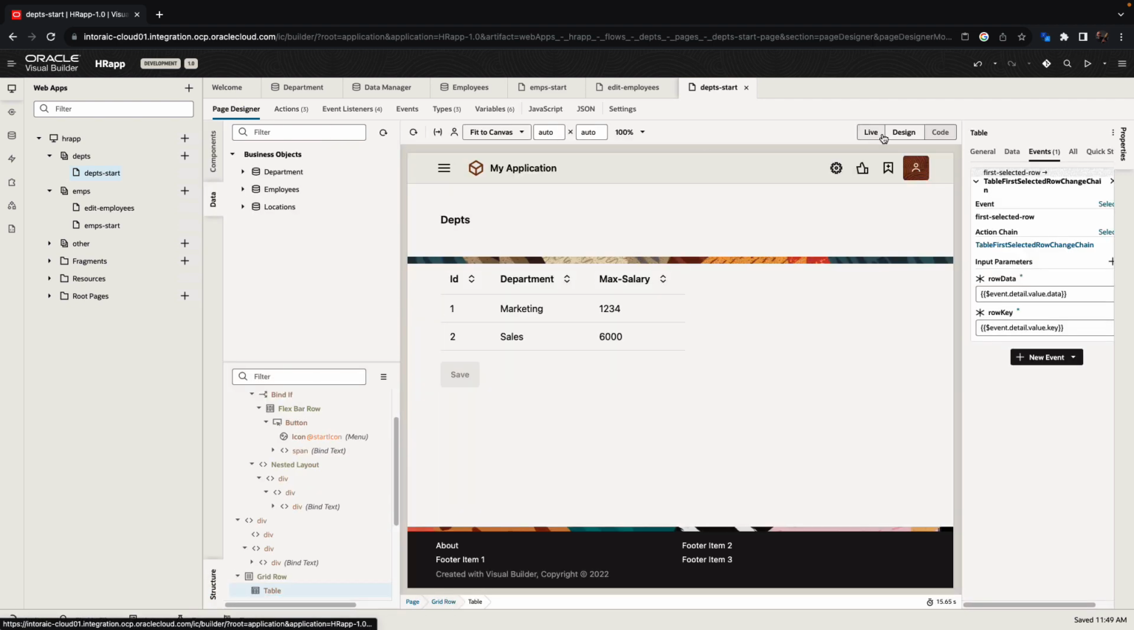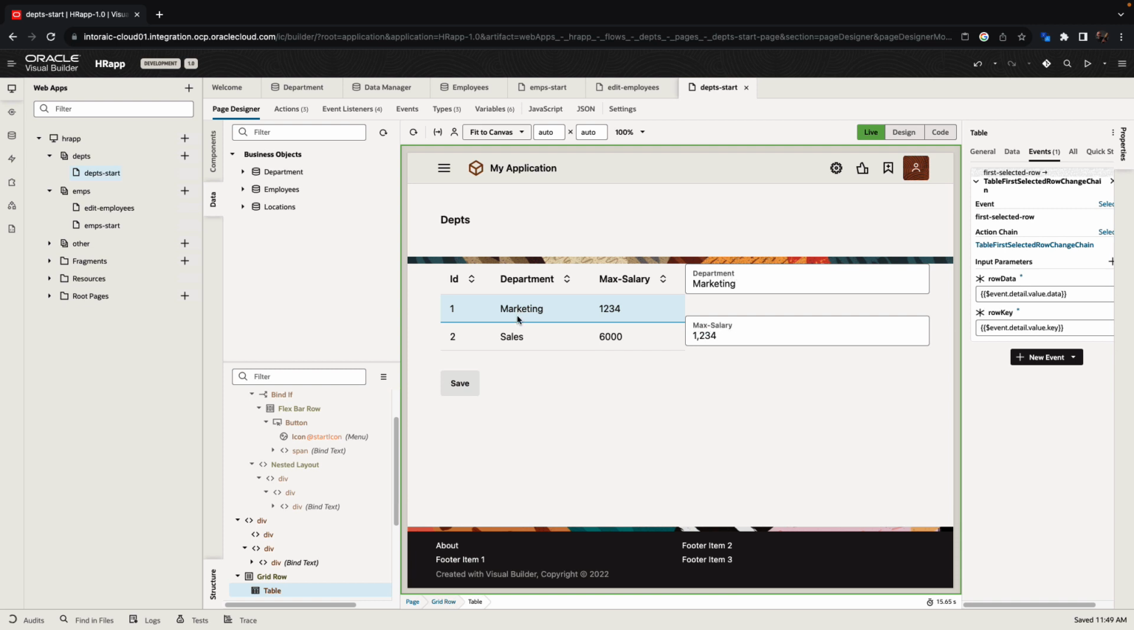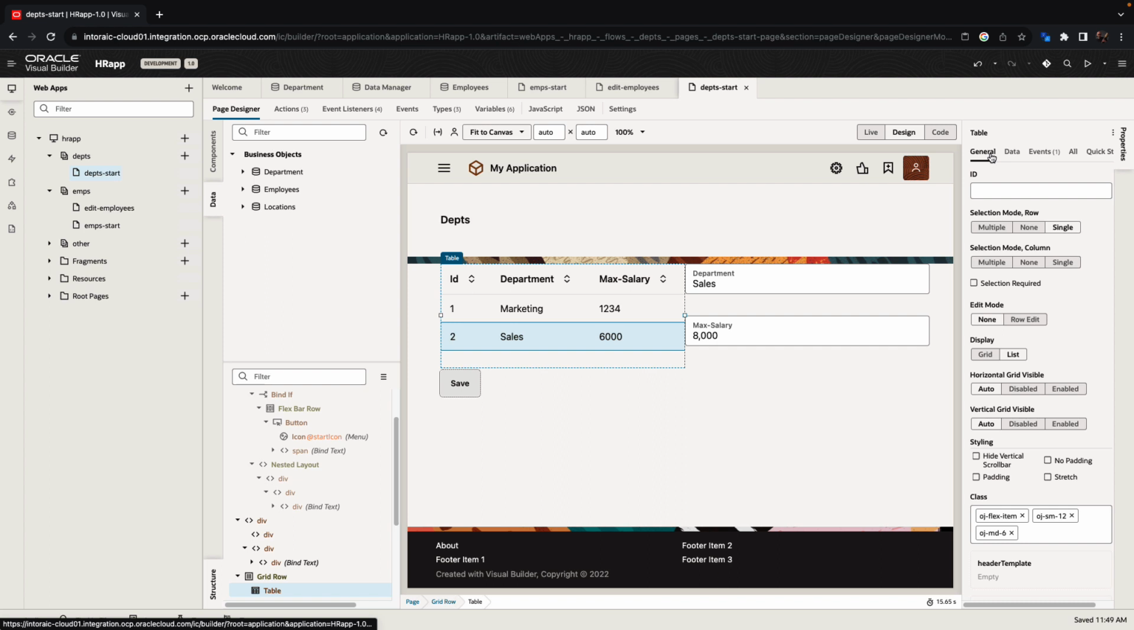If we go back into the user interface, you can now see that clicking on a department would bring up the information about this department on the right side, and we can update this to save the data. Now, once we save, we need to refresh the table to show the updated data. To do that, we can take the table, assign an ID for it,